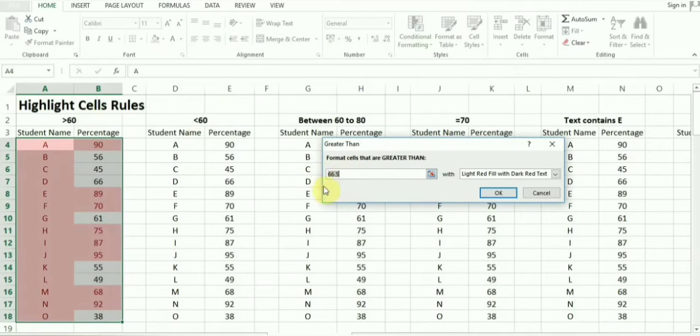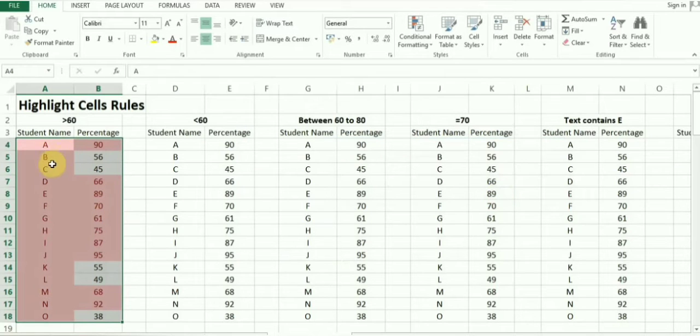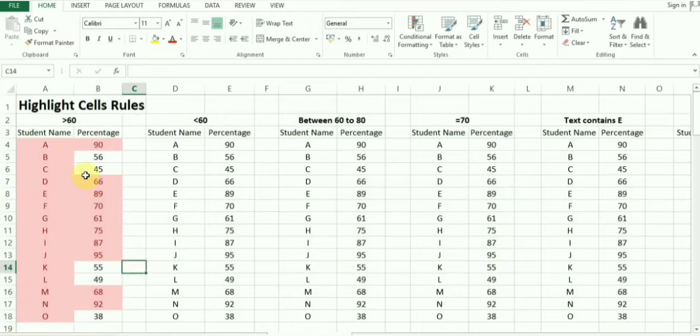It is showing 66.5 by default. We'll make it 60. Now, this is how you want to show your data. These are some of the formats in which you will reflect your data. Please press OK. And now here you can see that it has highlighted all the cells with 60% and above.